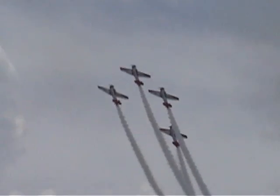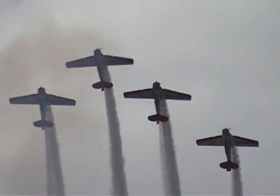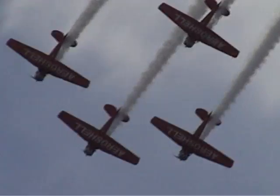Slide back into the diamond position. Look at the airplane on the right, the one on the right. Slides over as they come down the bottom side. And